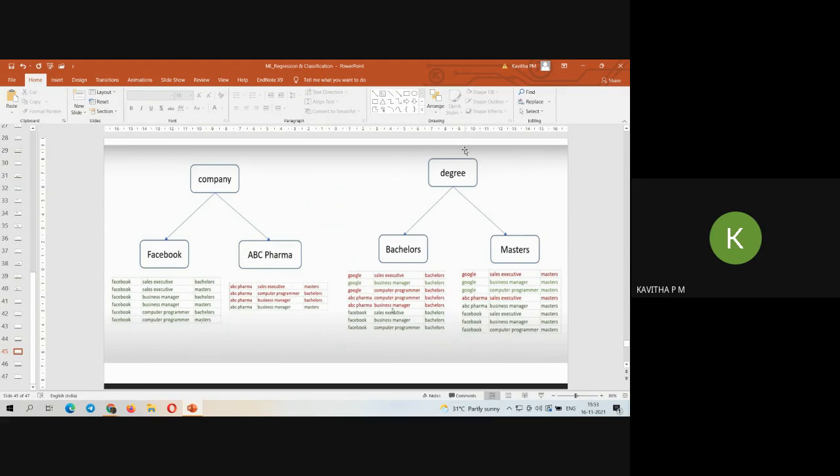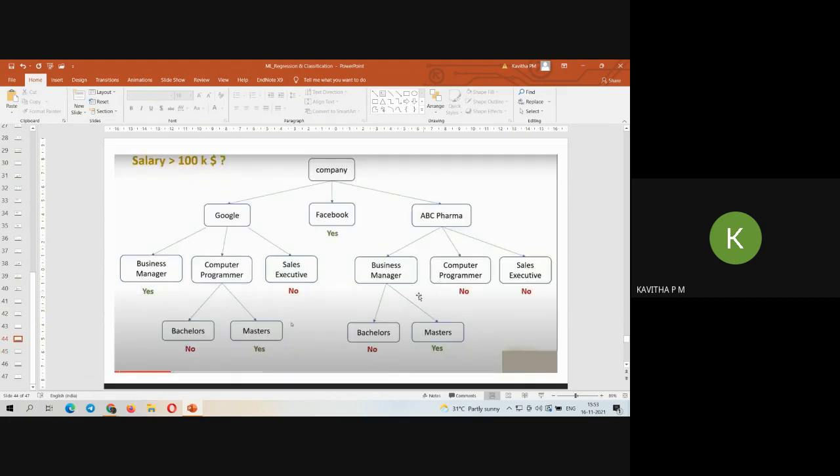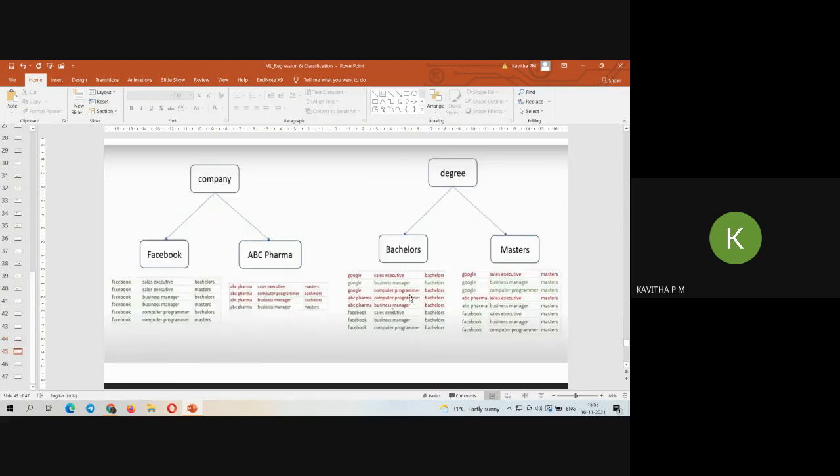This is again one of the terminal nodes, which I have just made into a decision node. So here degree acts as the decision node, and bachelor's and master's act as the terminal nodes. Now, understood, Shakti? We don't have any specific degree node, but when I split it up into some subcategories, we can split it into two different trees. When I group it into two trees or three trees, we can make it into decision nodes and terminal nodes accordingly.